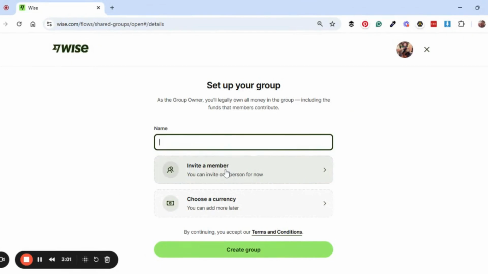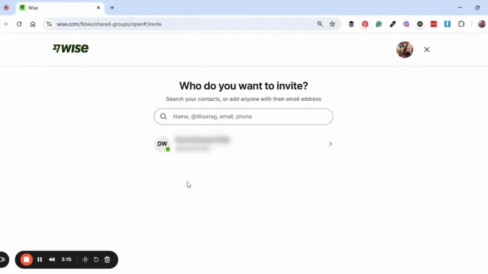Now here is where you would invite a member. So you can name your group, joint account, and then you can hit invite a member. This is my husband who is already here. I've already added him in the group that we already have. So I would click on him and it would basically open the group account. So I'm just going to go back and show you how